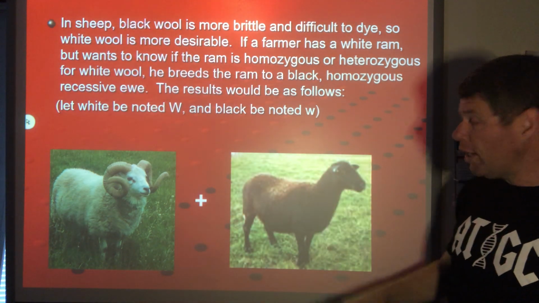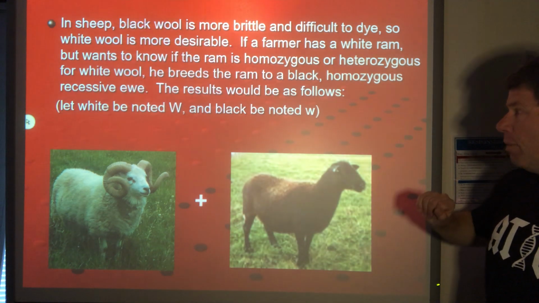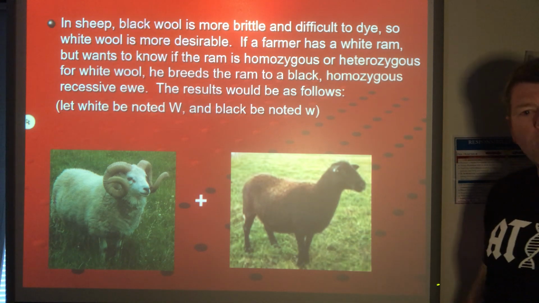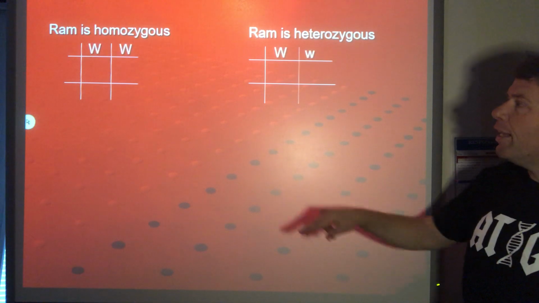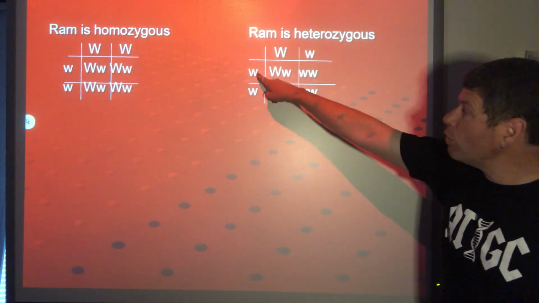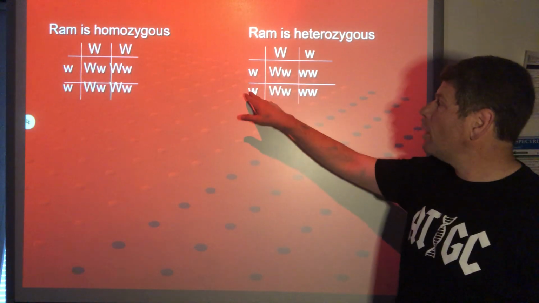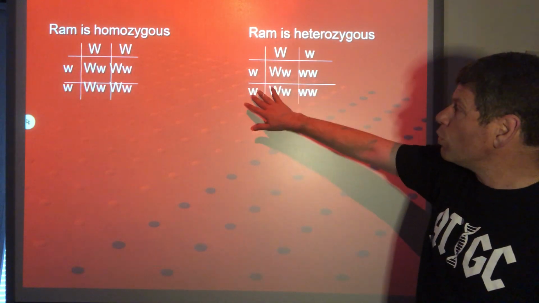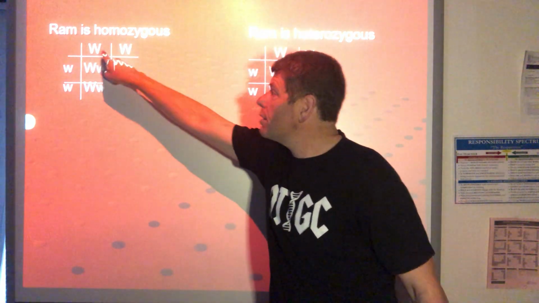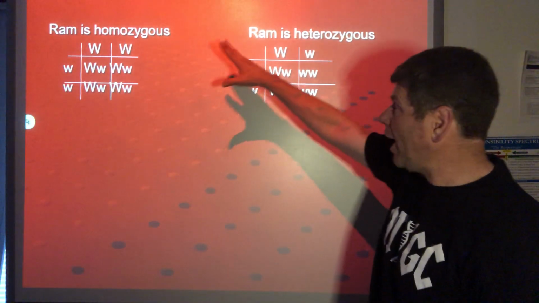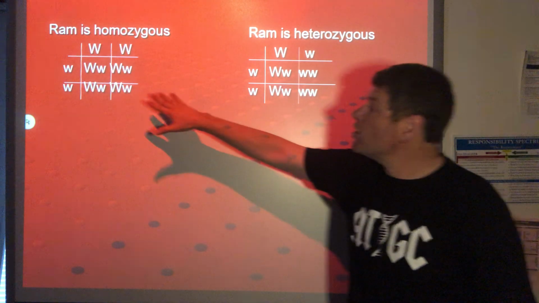So what we do is a cross with a black ewe, a female sheep, because we know that she will be little w. Remember, we could look at two different Punnett square situations. Little w, because we know that's the black ewe, and these are the possibilities for the ram. If he's homozygous dominant, he is capital WW. If he's heterozygous, he's got one of each allele. This is the expected